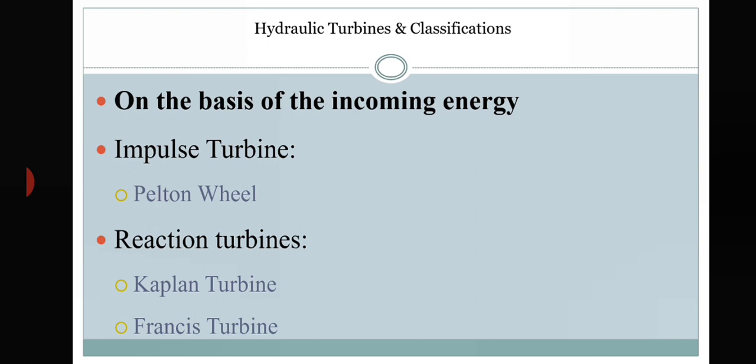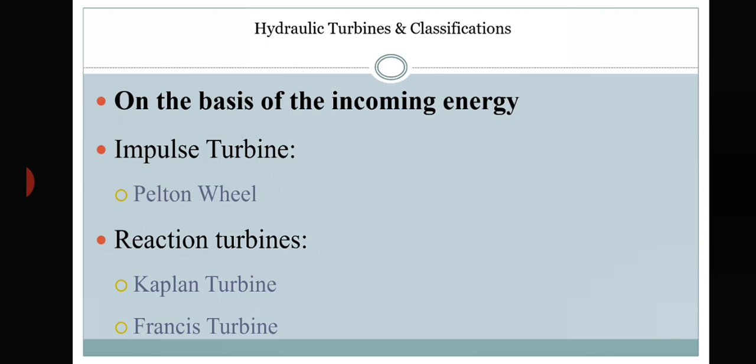So in those cases your potential energy of the water you can completely convert into kinetic energy, and at high speed your water will be hitting your turbine rotor. So there the force will be an impulse force, where a very large force will be acting over a very short time on the